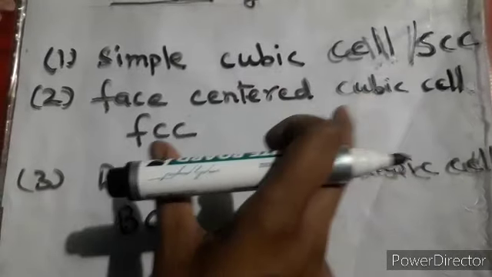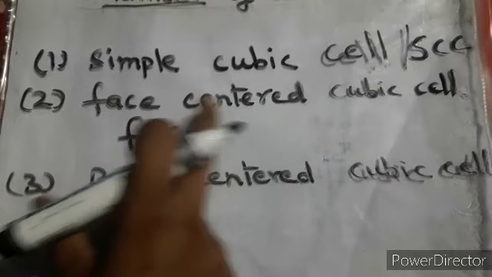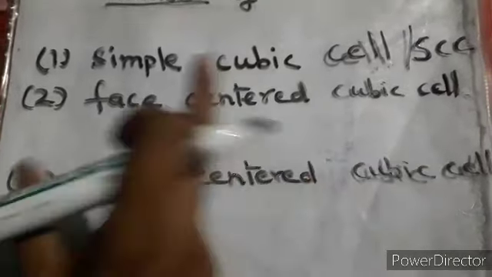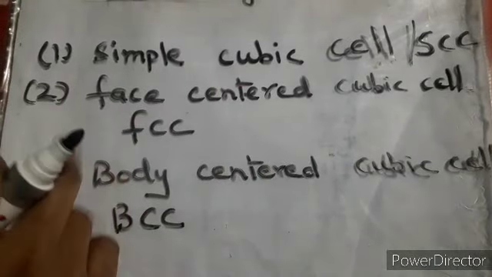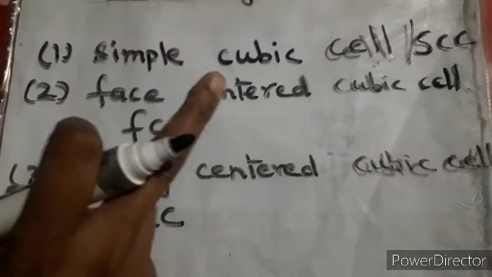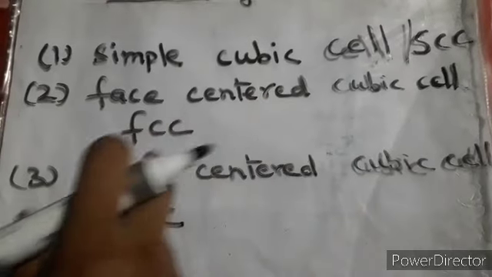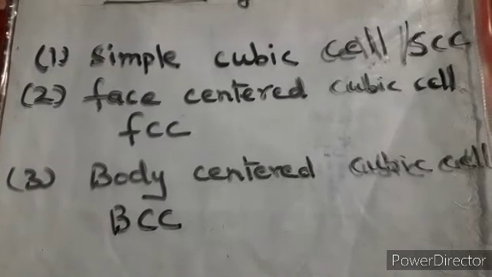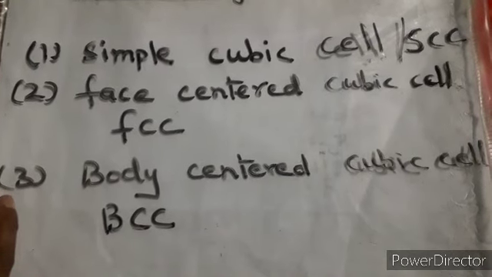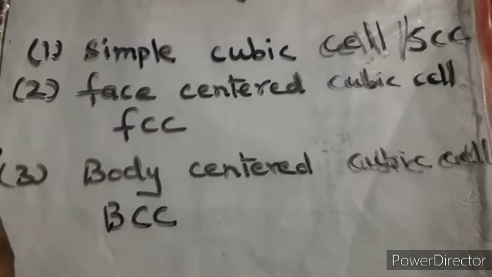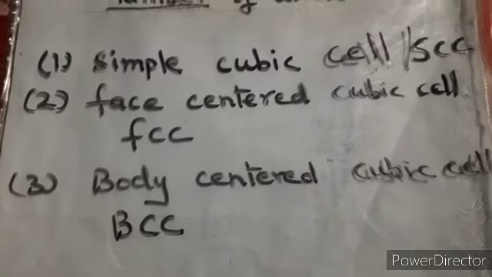Face centered, if you are using the unit cells that is face centered cubic cell, then they will form your face centered cubic cell system. So this is another concept, but we are mainly focusing on the simple cubic cells, face centered cubic cells and body centered cubic cells, and we'll see with the help of diagrams, which will be very helpful to us, and then we'll see how we can calculate the number of atoms also.